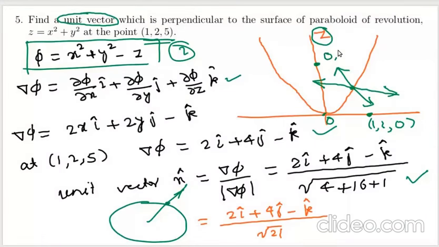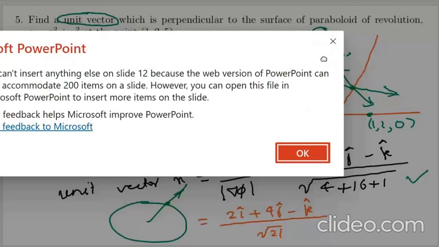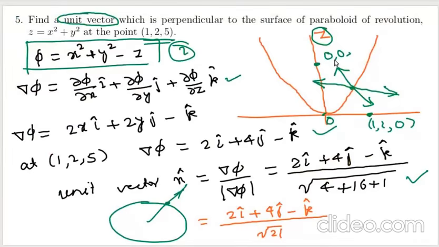Okay, it is not allowing me to write. Suppose the point is 0, 0, 2. If you put this point in this equation, it will give you negative of 2. It means this point is inside the parabola. So this way you can find whether the vector is going outside or inside. Or if you want to check whether the vector that you have obtained is outside or inside, that is also an easy way to do.